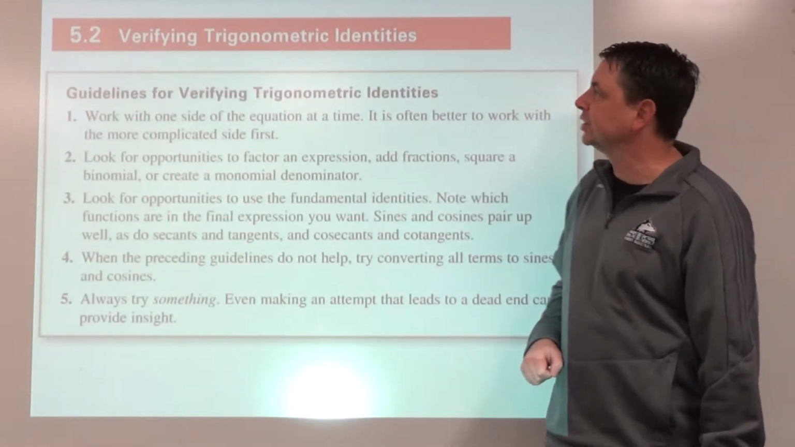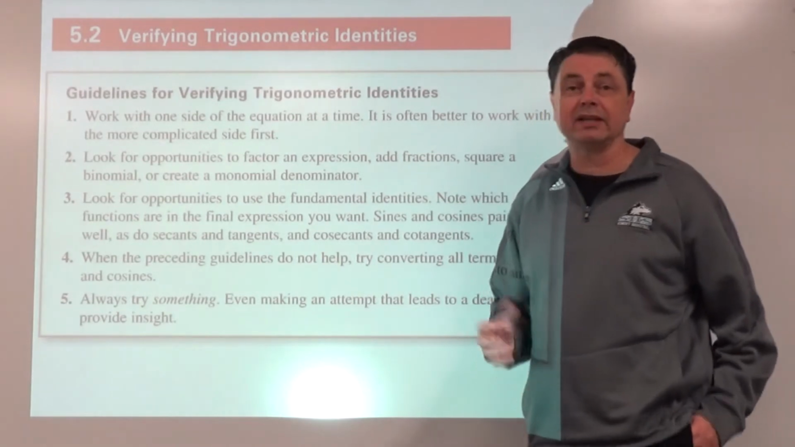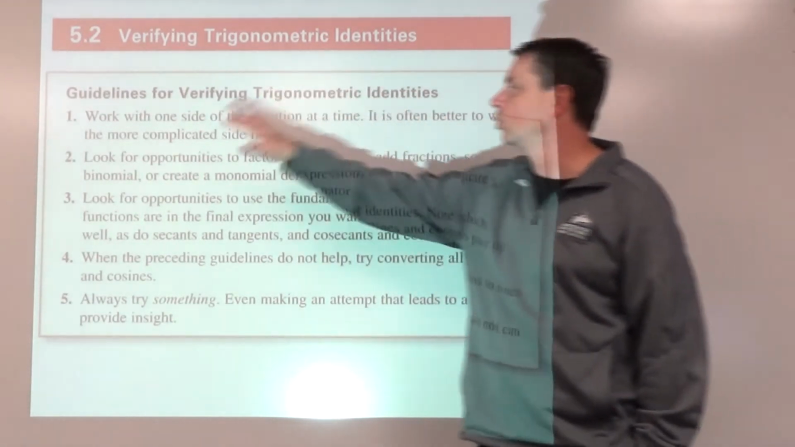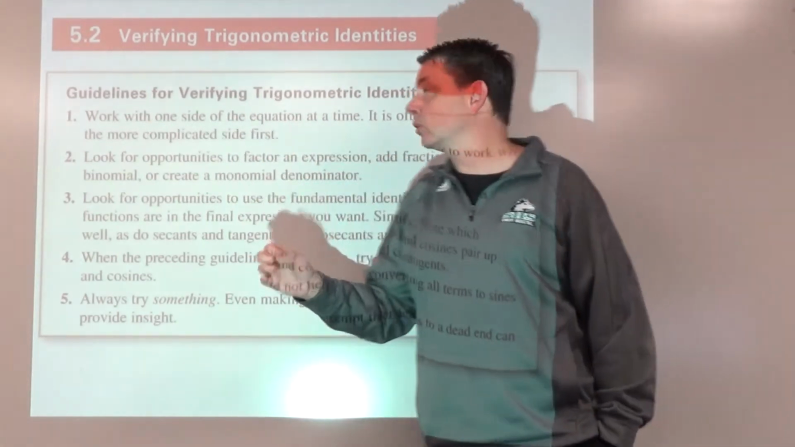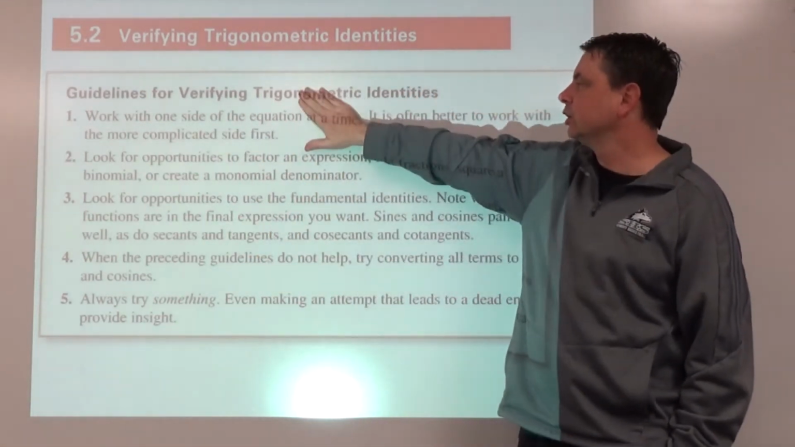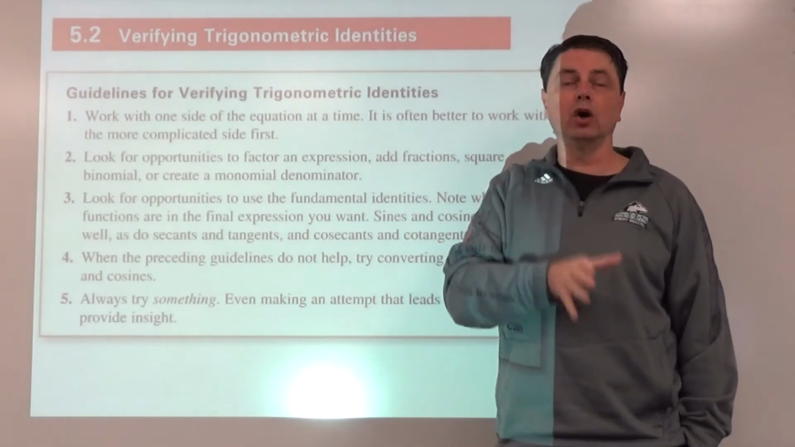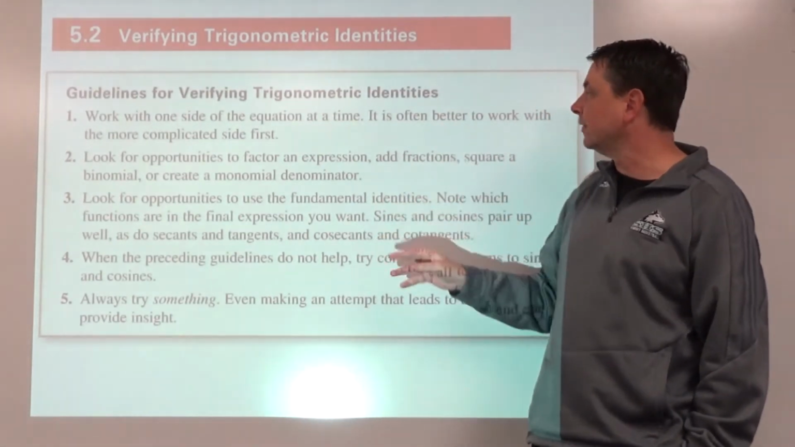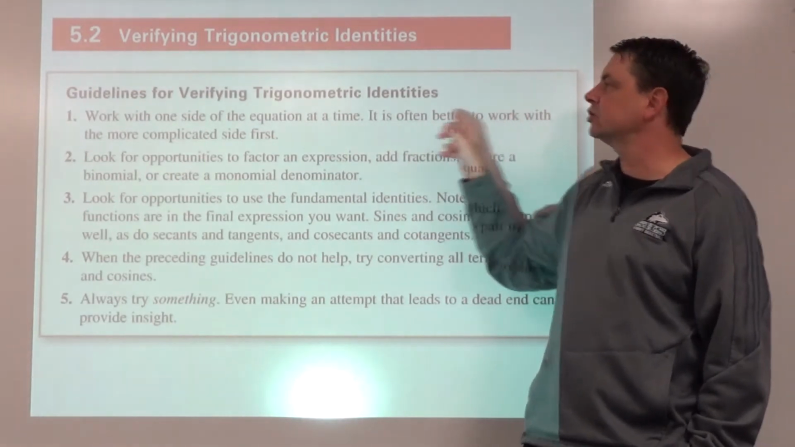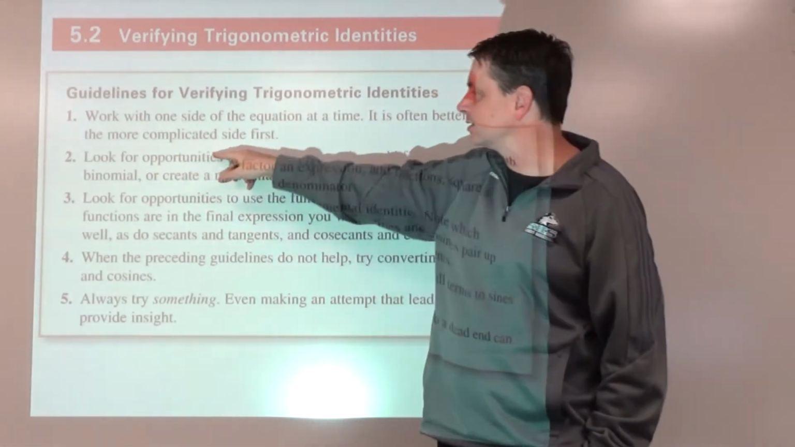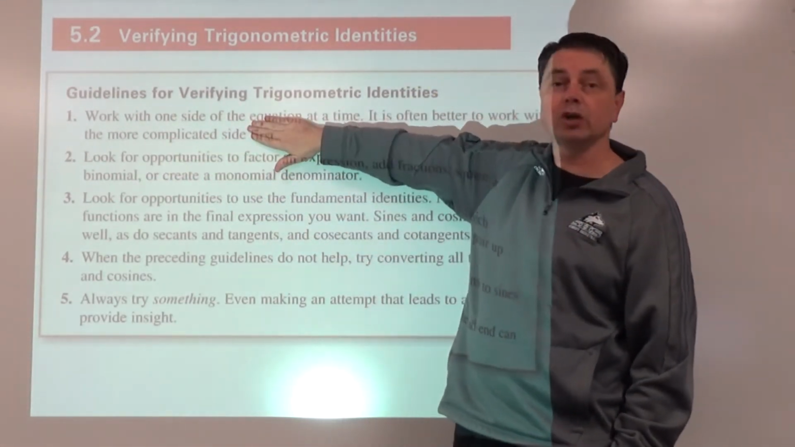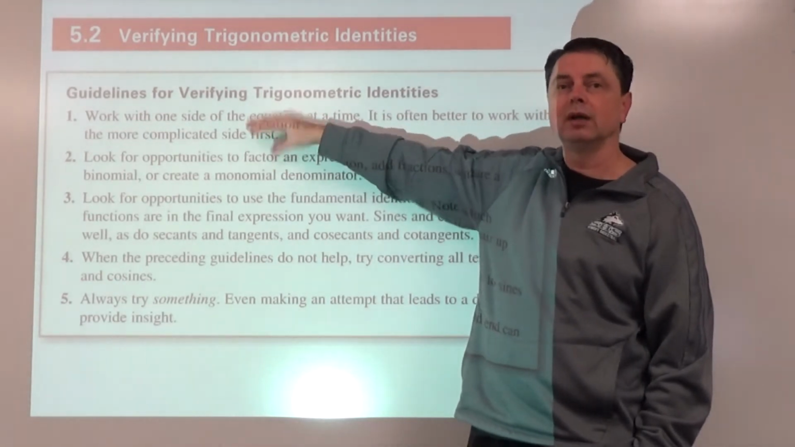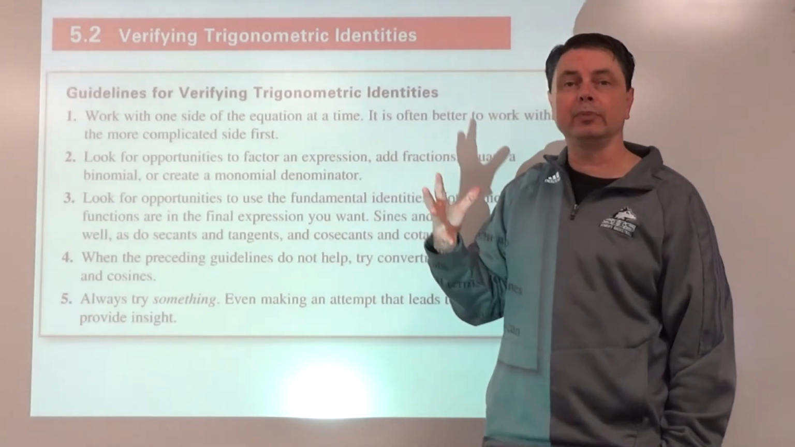This is lesson 5.2, verifying trigonometric identities. We're going to tweak some of the guidelines and rules here just a little bit. Number one, it says to work on one side of the equation at a time. You can just get rid of that. Work on only one side. So pick one side to work on. It is often better to work with the more complicated side. Not first, but totally. Because it's easier to simplify something than to take something simple and complicate it in the